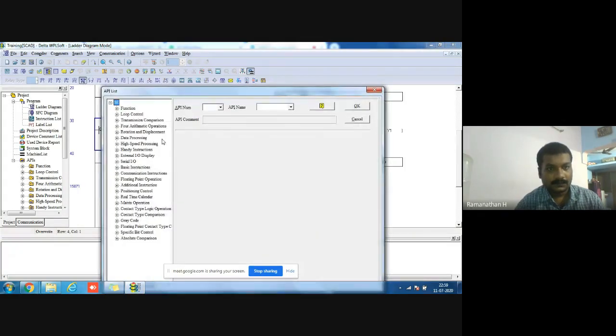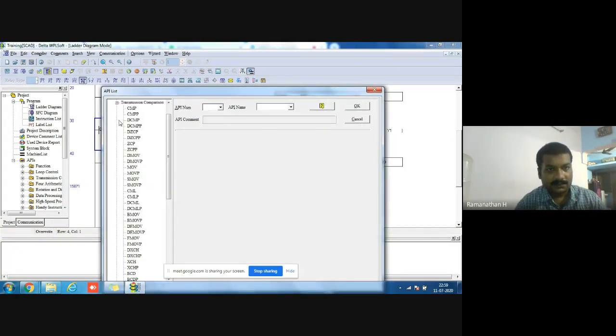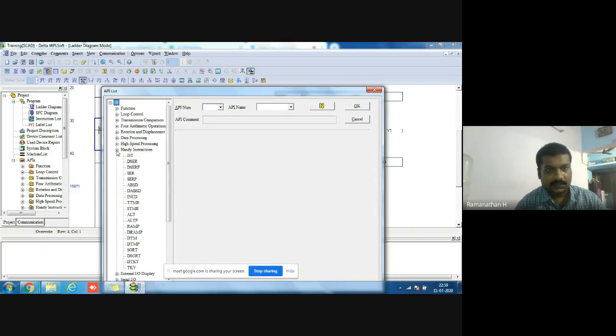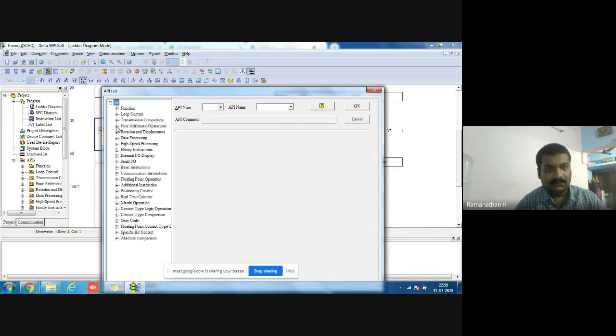And again, transmission compression, not needed now. Now some of the advanced sections, and real-time clock control, not needed.